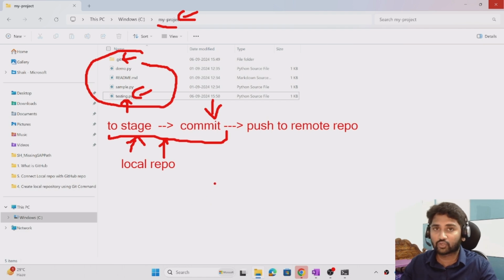Entering into a car. We are all going and sitting inside a car. That is called stage. Now a driver takes the car by driving it to some destination. That is something like a commit. Commit means actually saving. So whatever changes you do,